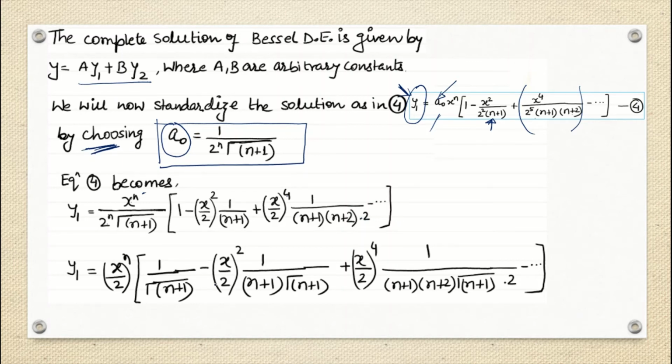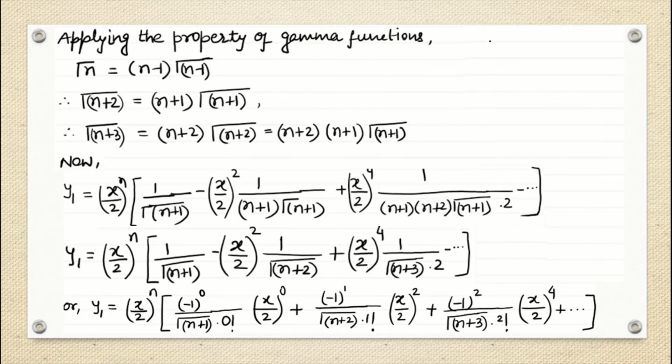Why are we doing this? Because of the property of the gamma function, which we will see in the next slide. So 1 by gamma n plus 1 has gone inside, just written inside, nothing else we have done till now. Okay, fine. So now this is the property of the gamma function which we are going to utilize. For that only we have done this arrangement. What is the property? That gamma n is n minus 1 gamma n minus 1. That is the previous terms, right? N minus 1 and then gamma n minus 1. This is only what we are going to use here.